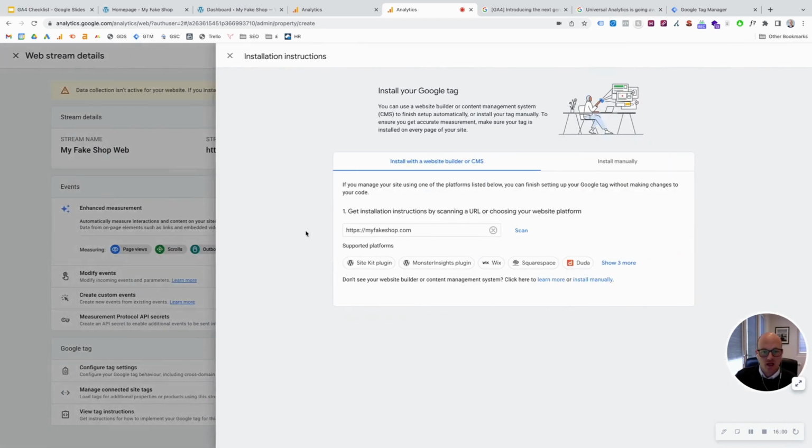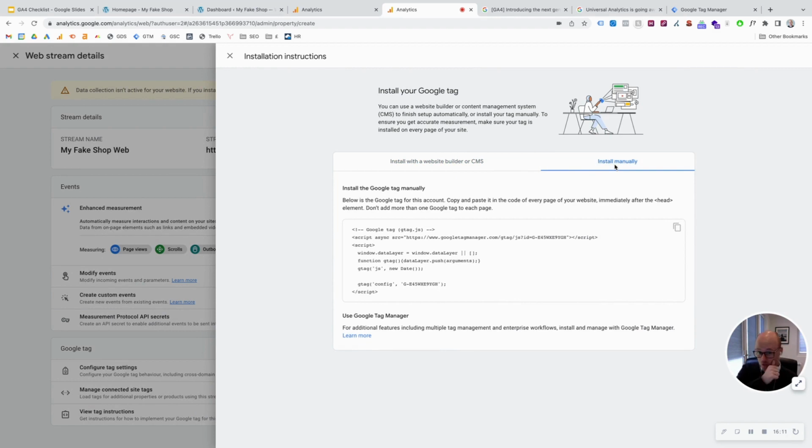If you go down to view tag instructions, you'll get this window that we previously closed. We'll open that up again. If you install manually, select that option, then you'll get the code that you need to implement into the head of your website. So into the header tag of your website that will fire it on every page of your website. So if you copy that